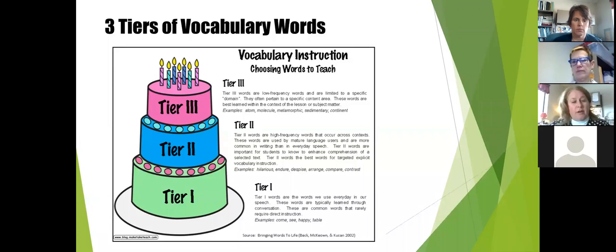Tier 1 words are very simple and basic. They are mostly learned without instruction. Tier 2 words appear frequently in the vocabularies of mature language users. They are not connected to a particular domain, but are pervasive. Examples are fascinate, unfortunate, enthralled, and mentioned. Tier 3 words are specialized and are often related to scientific domains. They're usually learned through content area study and appear infrequently in our language. Examples of these words are ectoplasm or cabriolet.